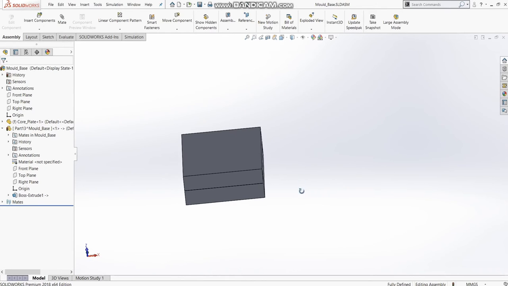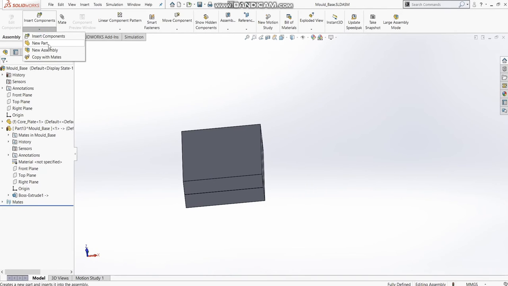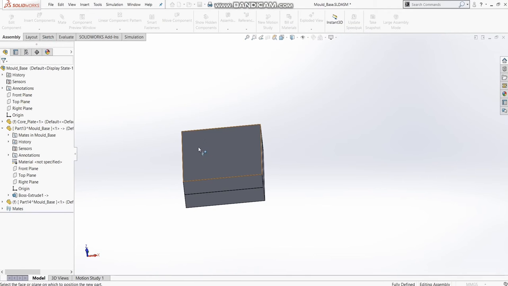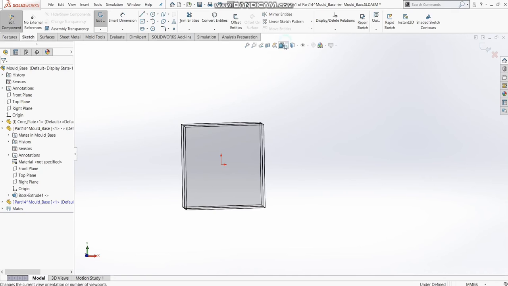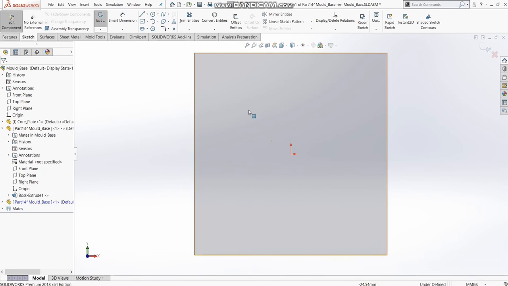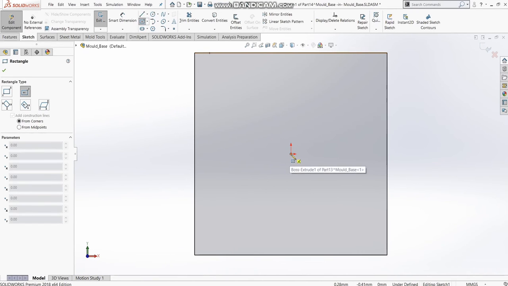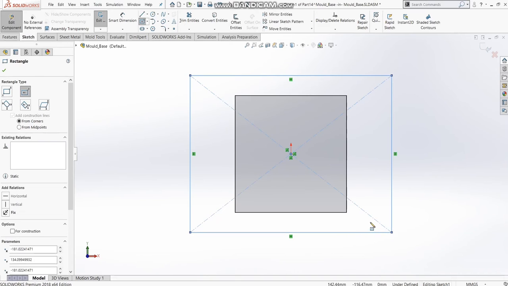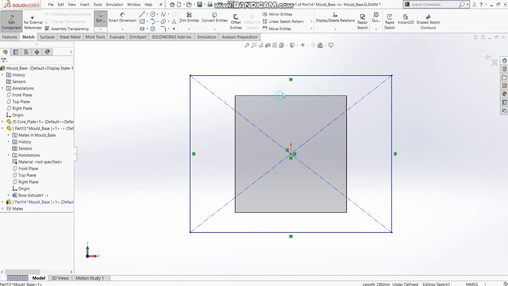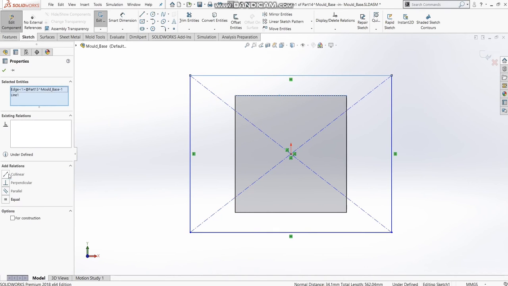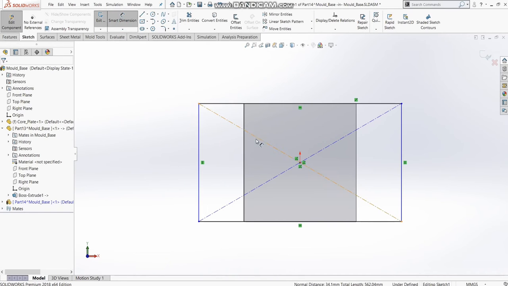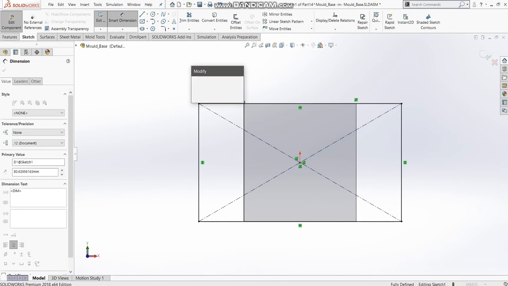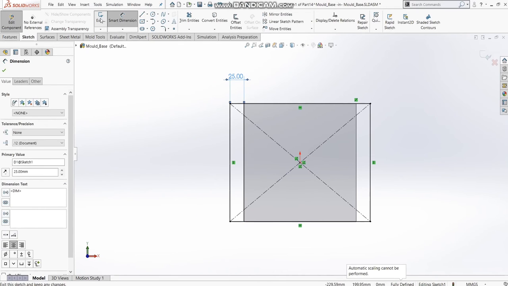So we'll make a top plate. Insert component, again the method is the same, new part, and the top plate comes above this plate. So click here. We are in the sketch zone and again make a different sketch. Now, as you all know, one end of the top plate is in line with the core and the cavity plates, while for clamping on the molding machine, there is a certain distance, which we can say is 25 mm.